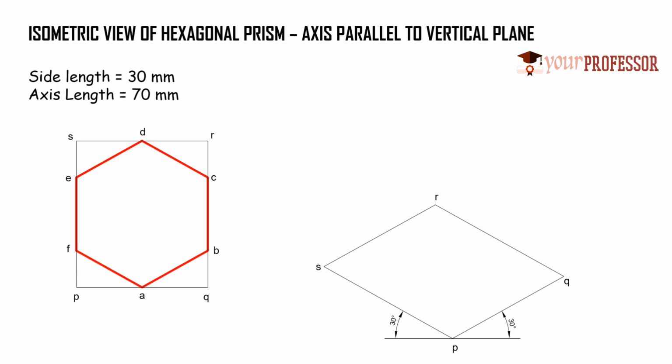Now let's represent the points A, B, C, D, E, F, right? First let us start with A. Measure the distance between P and A with the help of a compass. Now with P as center, drop one arc onto the PQ line. That will be point A. Measure the distance between Q and B in the left hand side figure. Now considering Q as center, drop one arc, that will be point B. Similarly, measure the distance between Q and C and with Q as center, drop one arc, that will be point C.